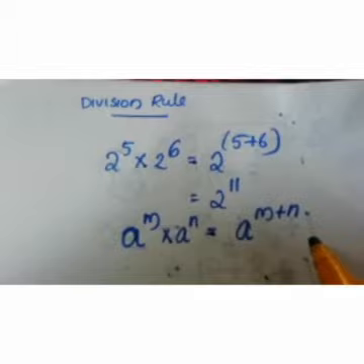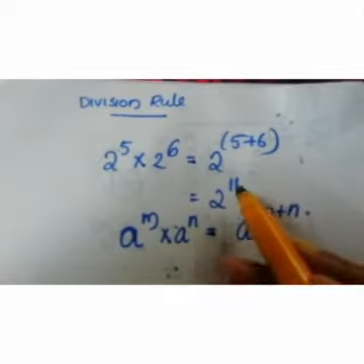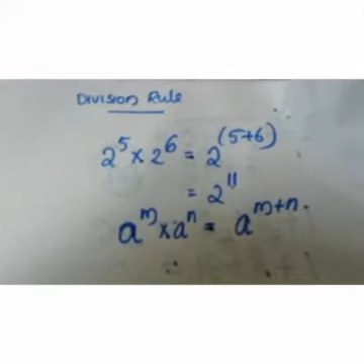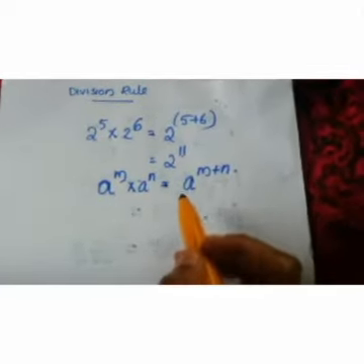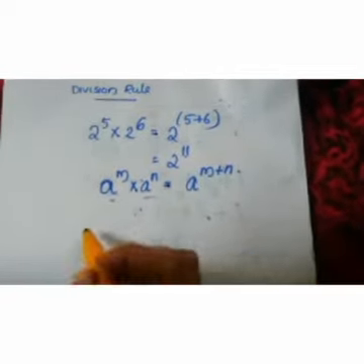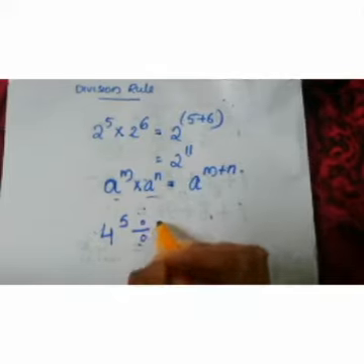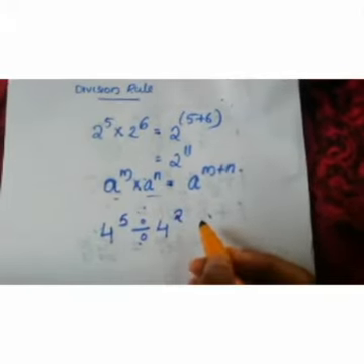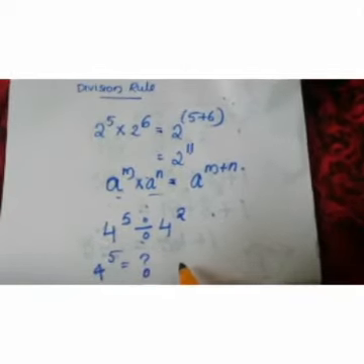Here we are finding what the trick is behind dividing the same powers. If our question is what is 4 raised to 5 divided by 4 raised to 2. Generally, we find out what 4 raised to 5 is, and what 4 raised to 2 is, and then we divide these two.